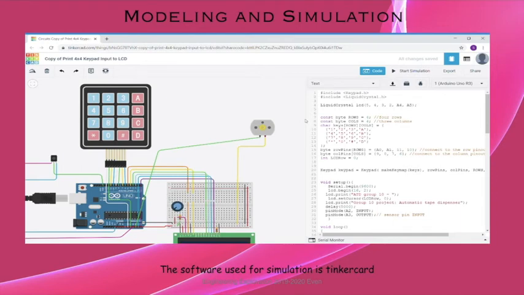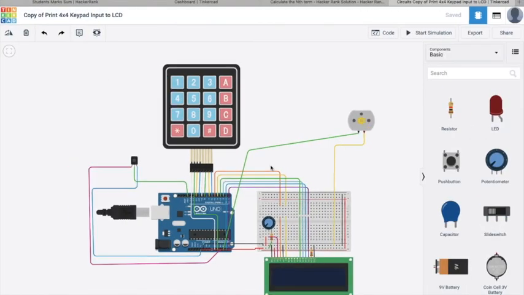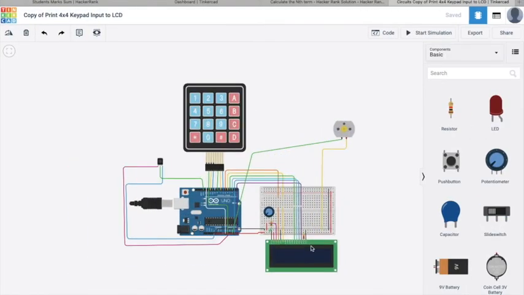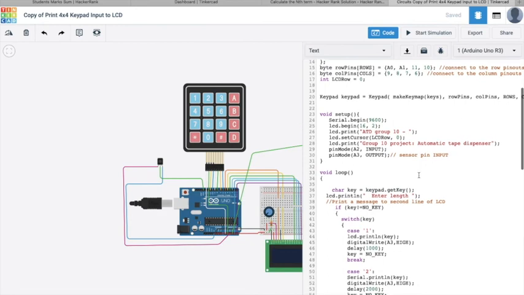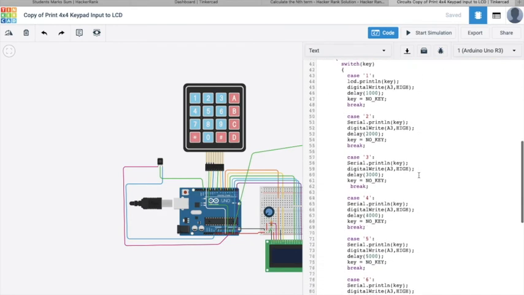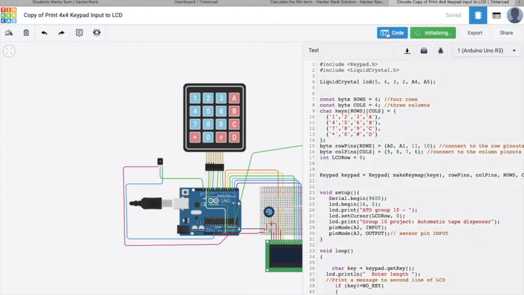This we have done in Tinkercad. Directly I am going to show you in Tinkercad. This is our circuit. Mainly what we have used is the screen, motor, keypad and IR sensor. For setting this up we have written some code. Simultaneously our circuit is going to work.